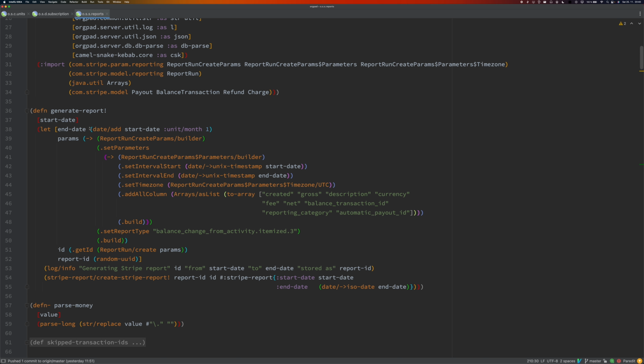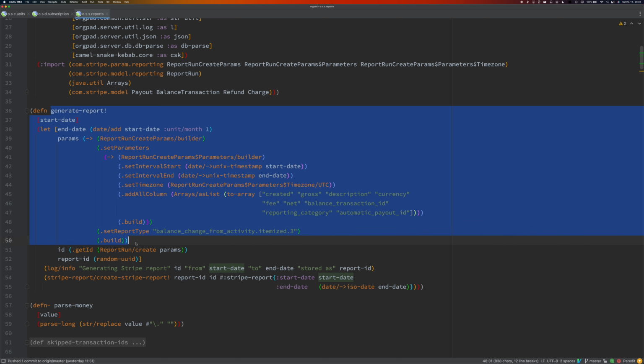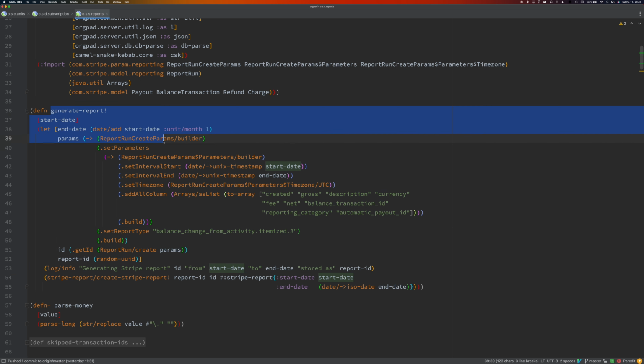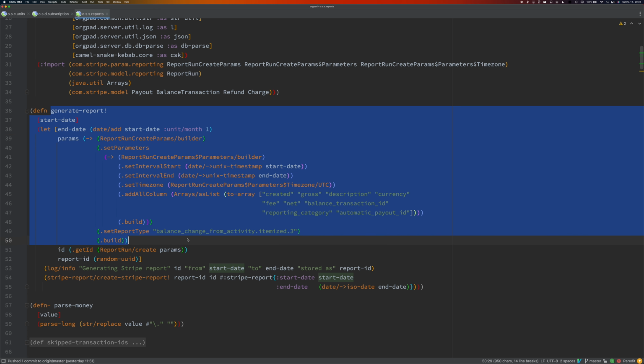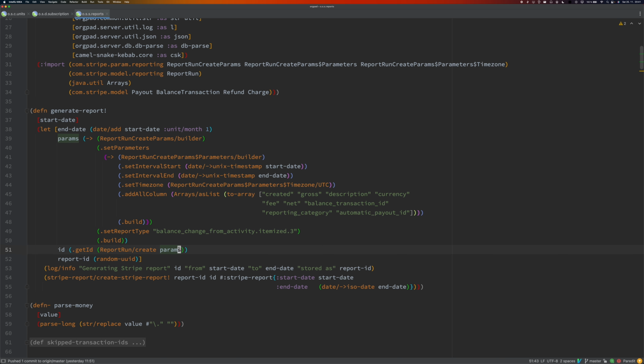Basically what it does, it first generates a request to Stripe to create a report. I think it's in a CSV file. So it will generate this Stripe report of this type containing these columns, and when Stripe is done generating the report, it will send it back to us using a webhook.